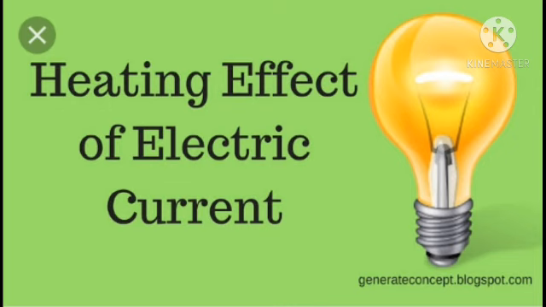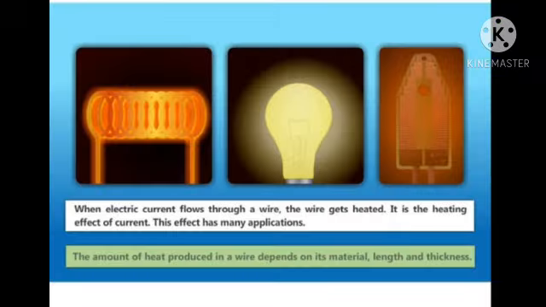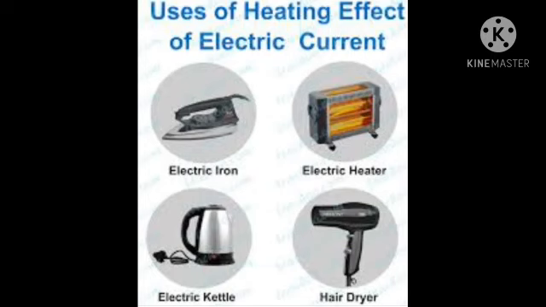Now the next heading we are moving toward is the heating effect of electric current. Try touching a torch bulb that is lit and another that is not. Be careful when you are touching it. Do you feel the light bulb is hot to touch? In a bulb, an electric current passes through a very thin wire made of a special material known as tungsten, called the filament. When the bulb is switched on, the filament gets heated. This is due to the heating effect of electric current.